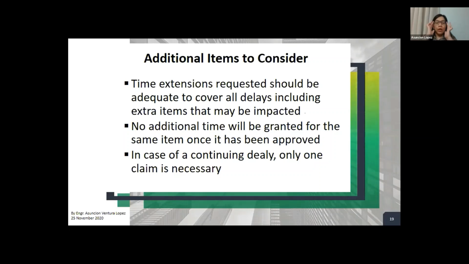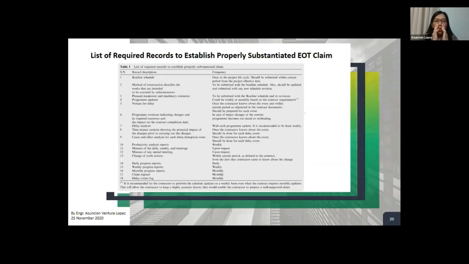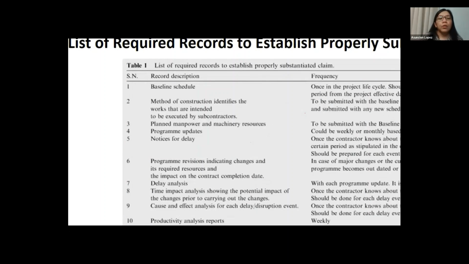Next, this slide may not be readable anyway. I just added it because I think it is useful as a reference. It is a summary, a list of required records to establish a properly substantiated EOT claim. I will not read it all, but I'll zoom in once.